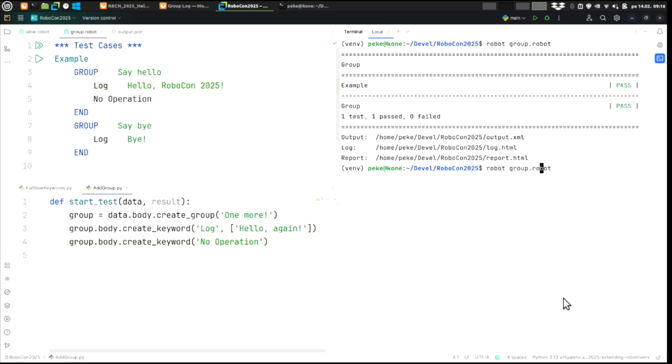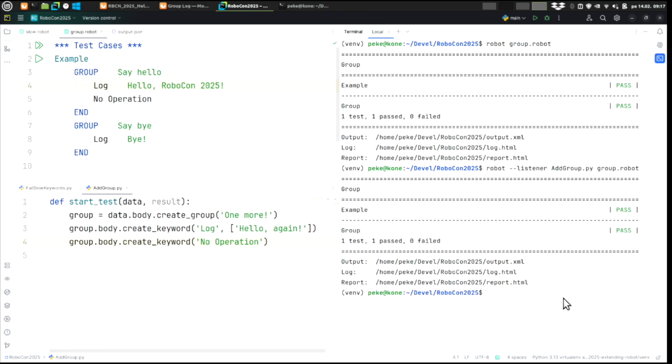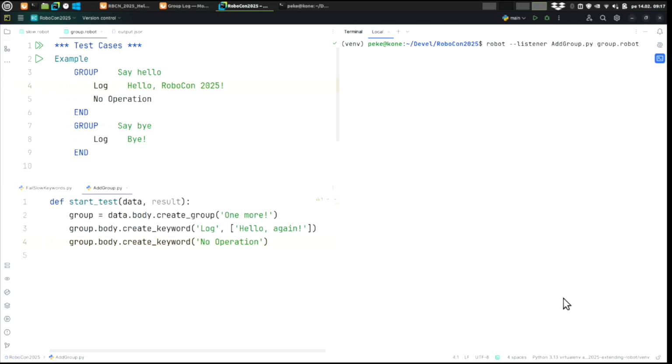We run the same test again with the listener. This time the listener name is add group, and that's it. Oh, by the way, let's actually change one. Let's do one more thing. I'm going to show you shortly what happened there, but I'm also going to now change the result for this